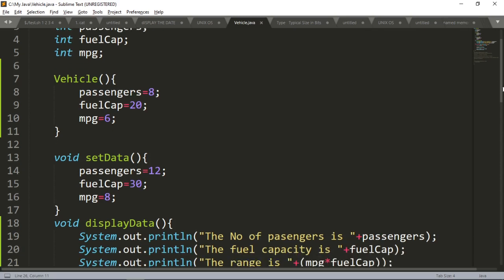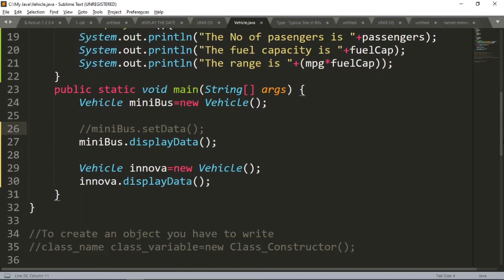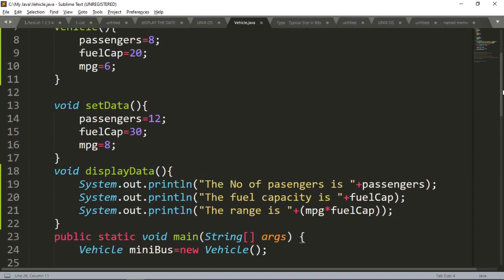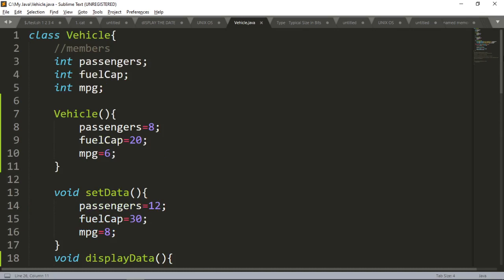I hope that you are getting this particular point and can understand these things, because you have to understand them, because you have to use them. So this is a constructor which I have shown you. I think it will be okay for you, and you can easily go through this code.